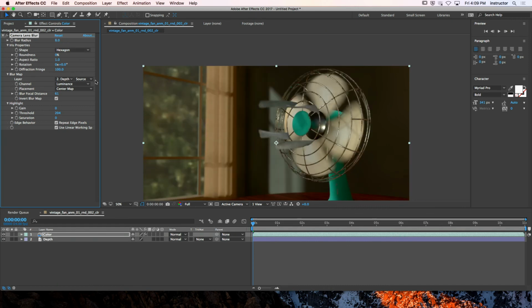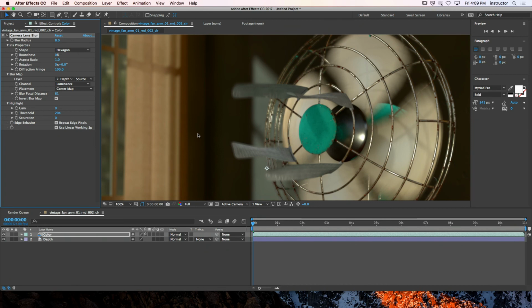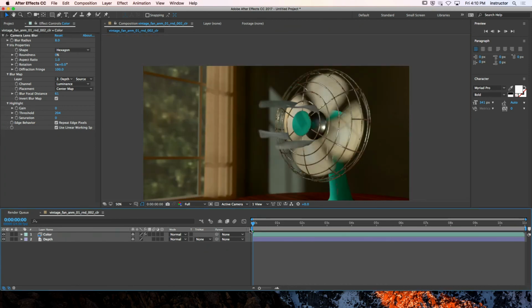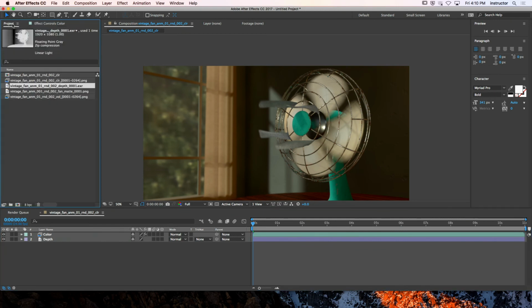For me, there has to be a very specific reason to go above like 8 or 9 on my blur radius, because after that everything starts getting soft and it doesn't really matter what you have. It's just everything kind of goes soft. Yeah, right, maybe. But this is a great way to get that soft depth of field look, and now you can see that background is starting to get blurred out like it would be in a camera. Okay, it's a quick, easy way of getting depth. Now another thing that we can do